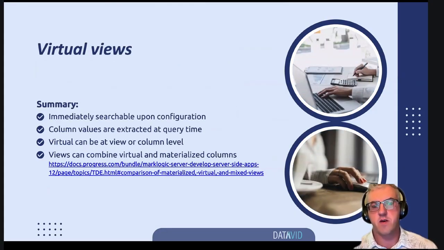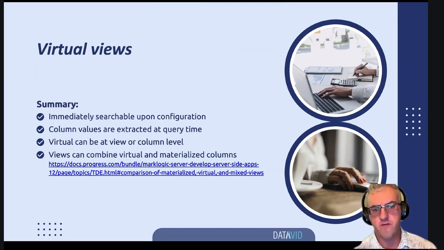So virtual views is exactly for the ad hoc sort of analytical, maybe Power BI kind of use case. Typically in MarkLogic 9, the best way to interact with a SQL or a BI tool was using a feature called template-driven extraction. And that unfortunately meant that you had to create a view, and that view created a new index, and that index